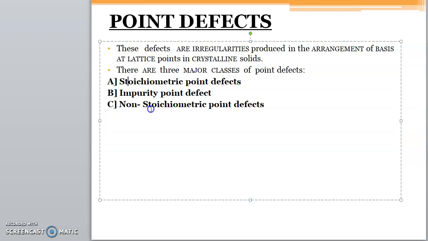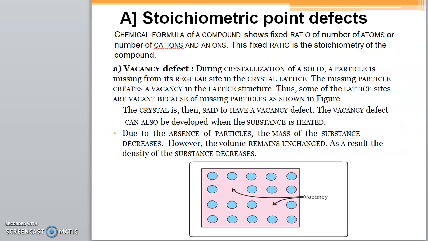Okay, now non-stoichiometry is basically when the number of atoms changes. For example, sodium chloride has one atom of sodium and one atom of chlorine. Suppose the number of constituent particles in sodium and chlorine changes, what will happen? Its molecular formula will change, which means it becomes a non-stoichiometric entity. And impurity point defect, as the word itself says, there will be some kind of impurity in it. So let's take a look at it one by one.